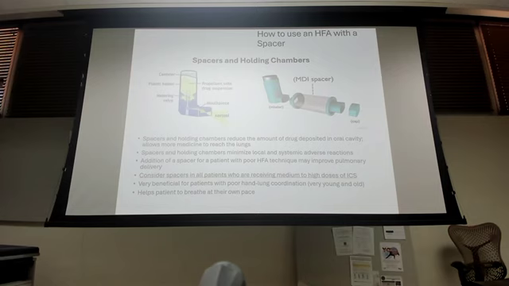So you take your inhaler. This canister, when you order it, is not in this plastic piece. They will then take that, put it into the plastic piece, and then stick this into one end of the inhaler, and then they take the cap off the other end. This is what will go in their mouth, okay? So when they press down on this part, it will suspend the medication into the chamber for them to just